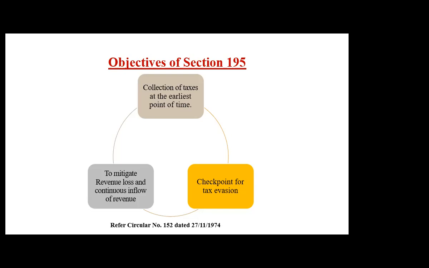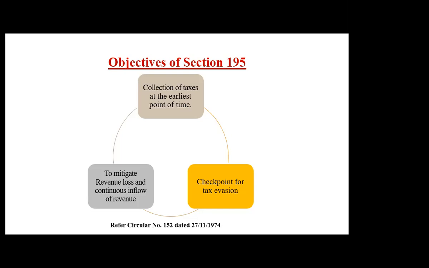The other reason is to check tax evasion, because once the amount goes out of the hands, that means out of the country through banking channel or whatever, there is no way to deduct tax on the non-resident. So that is the reason, to ensure that the taxes are completely withheld. In case of a non-resident, the taxes are deducted at the first point of time itself. It of course also increases the amount of revenue, as we all know, because the stakes are higher, so the amount withheld is also higher.